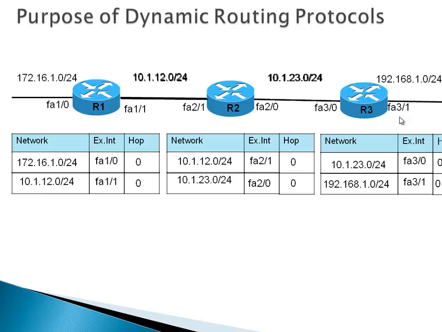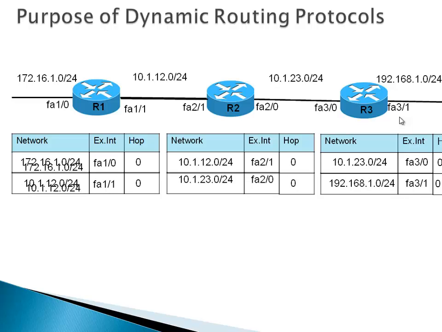To be converged, they're going to share messages. So router 1, for example, is going to send updates to router 2. Both of its networks are going to be put in the packet, ready to go to router 2. Once router 2 gets that packet, it will open the packet and see it's got 2 networks advertised, 172.16.1.0/24 and